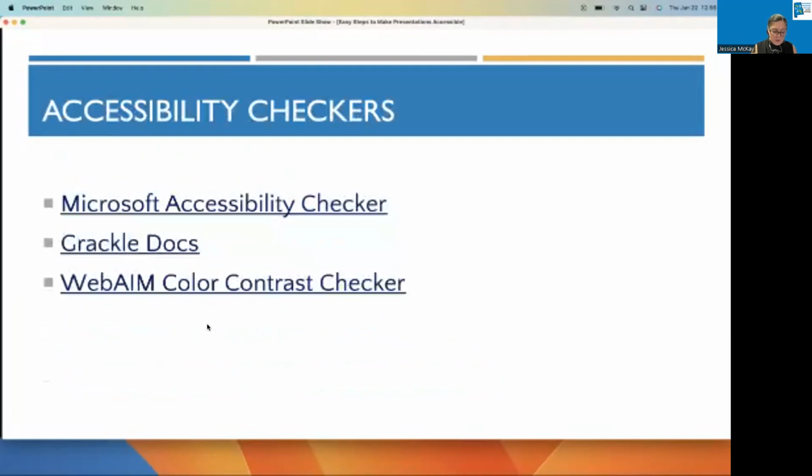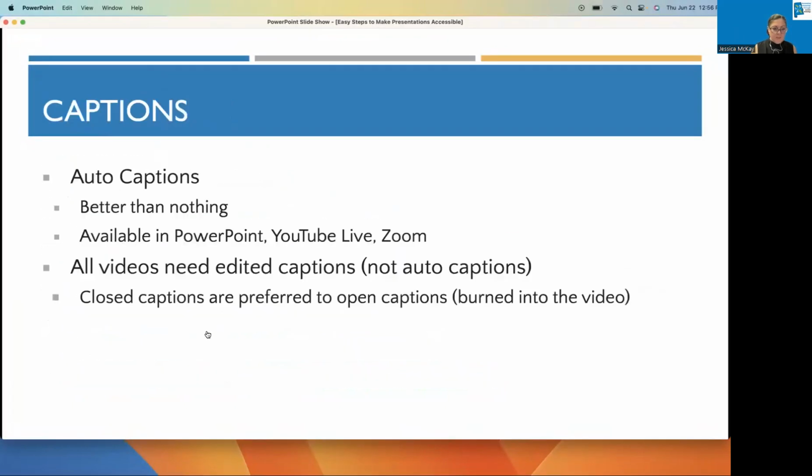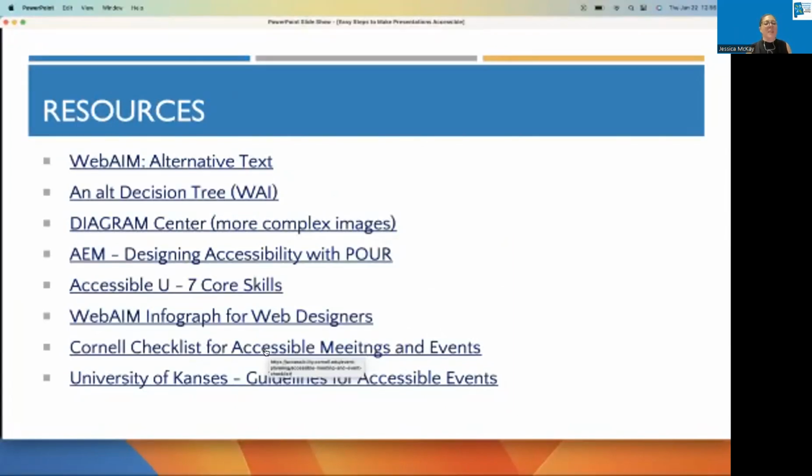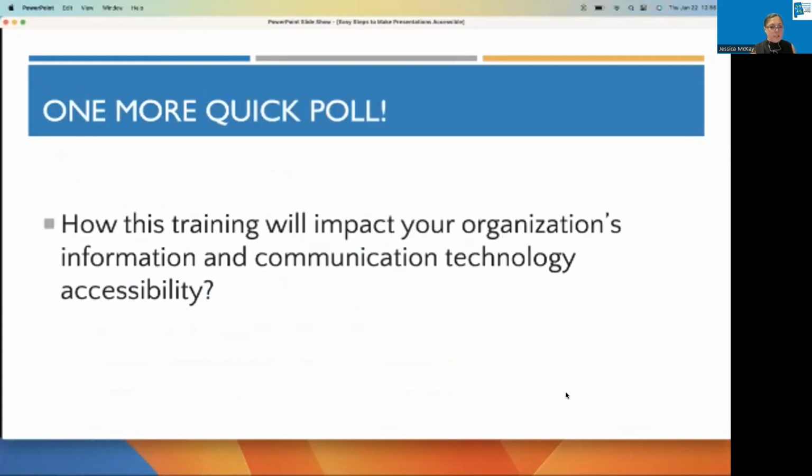And then lastly, oops, this is going the wrong way. There we go. And then I have two more that I just thought were really helpful resources. This is from Cornell University and the University of Kansas, which I spelled incorrectly. These were checklists for any meetings or events that they were planning on their sites. So there are lots of questions for people to checklist and make sure that they're thinking about different types of accommodations, etc. So again, just something to really get your mind working.